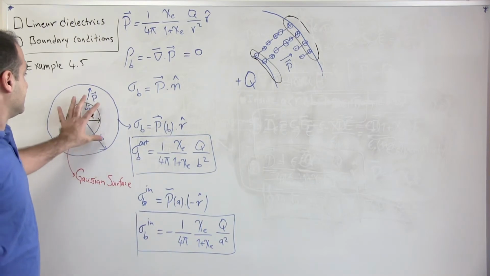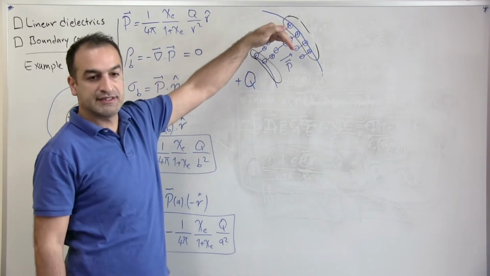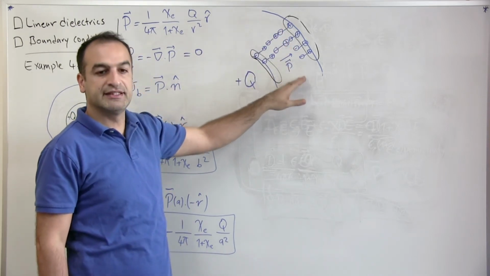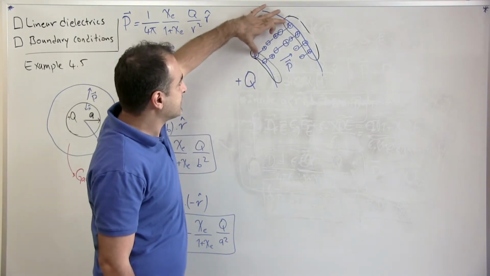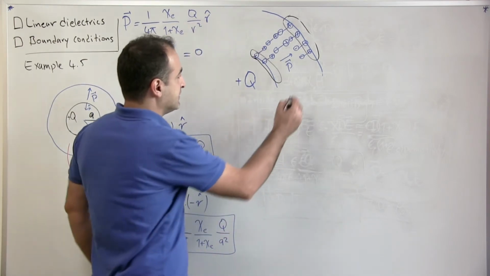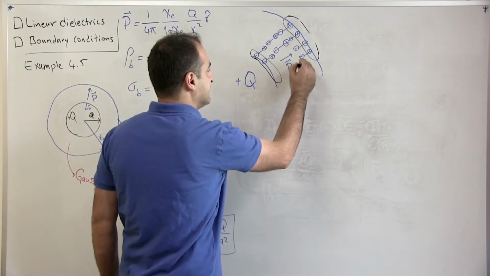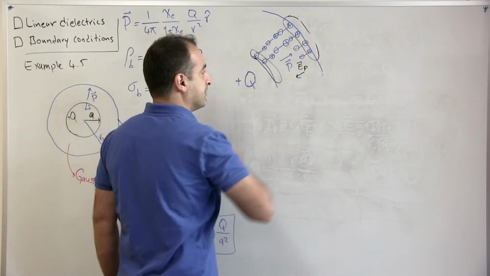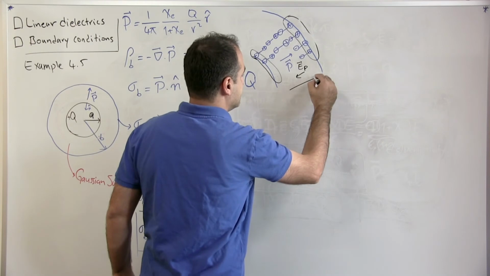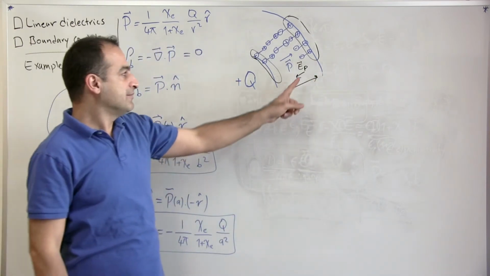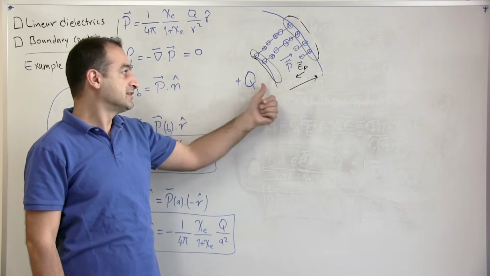And it's interesting that the polarization and effect of the bond charges is such that the electric field inside reduces. So if the charge is positive here, the surface charges negative to positive create an electric field which is pointing this way. So this is the electric field created by the polarization. The electric field due to charge Q is actually this way. So the effect of polarization is such that it balances partly the electric field created by this Q, which is